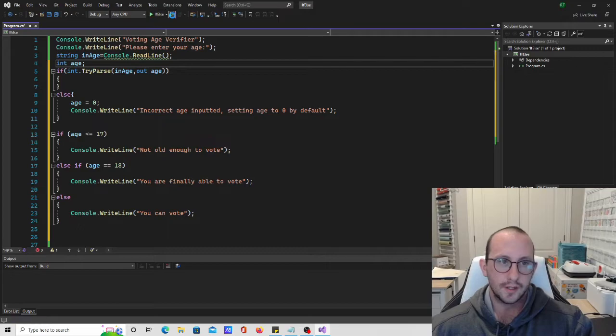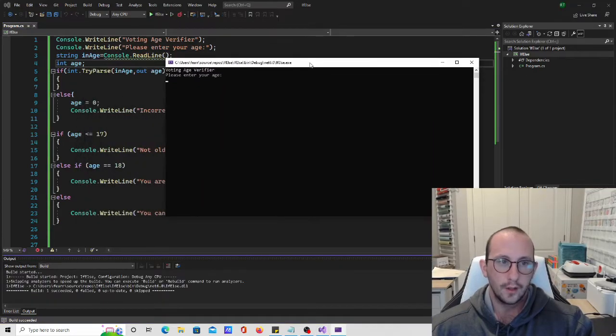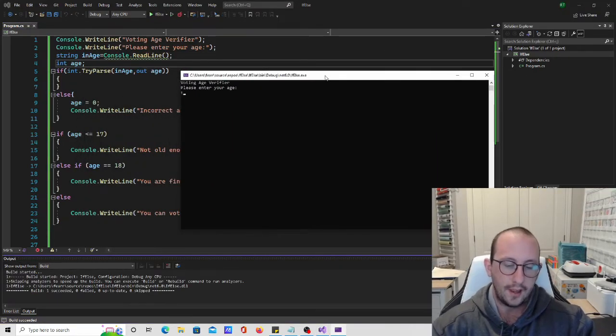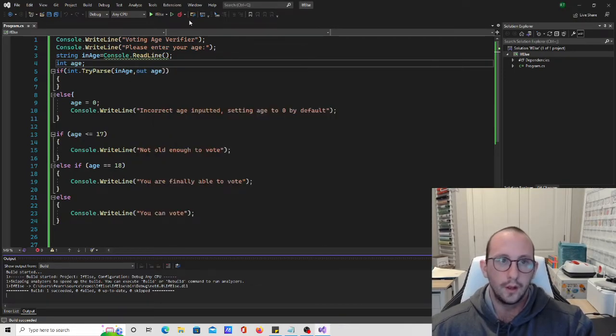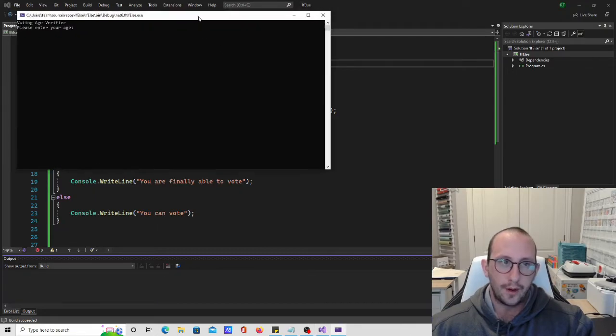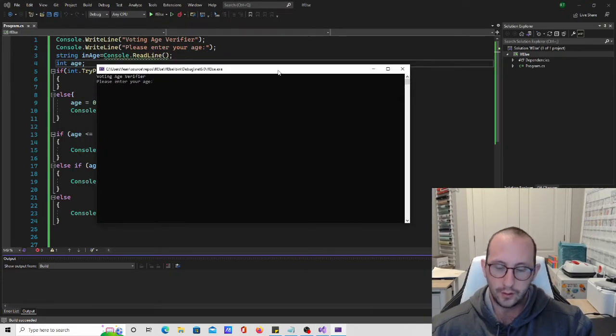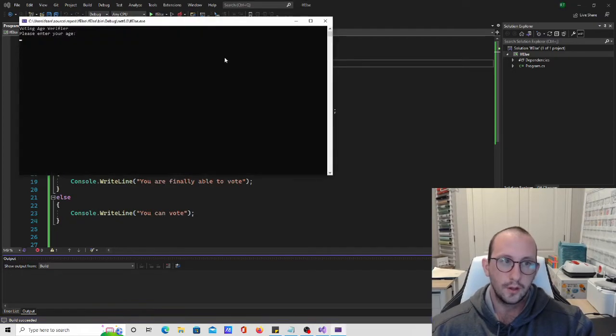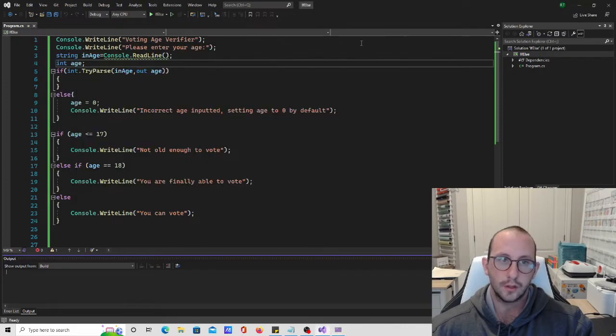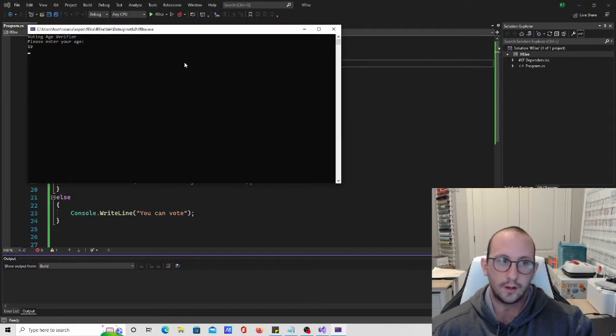So let's actually go see how this works here. Let's enter in again our value of 2 for our age, and we get "incorrect age inputted, setting age to 0 by default," and "you are not old enough to vote." So if we go ahead and press play again, and we do, let's say 16, we just get "not old enough to vote." We put in 18, "you are finally able to vote," and we can do 19 and